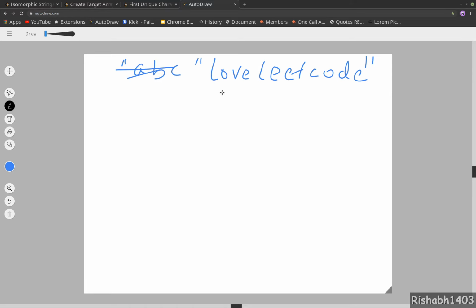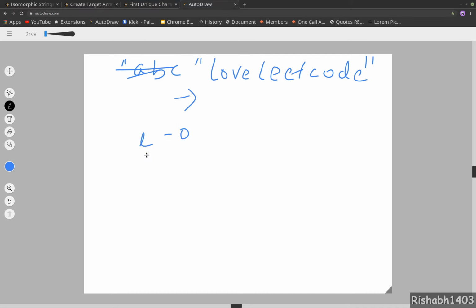So now what we can do is we'll start from the left and we will check every character and see if the character has previously come in the string or not. If it has not, then we will store the index of the character, and if it has, then we'll store -1 as the index. So what I'm trying to say is we will create a map. So let's say the first character is L. Okay, now we have not seen L before, so we'll store the index 0.